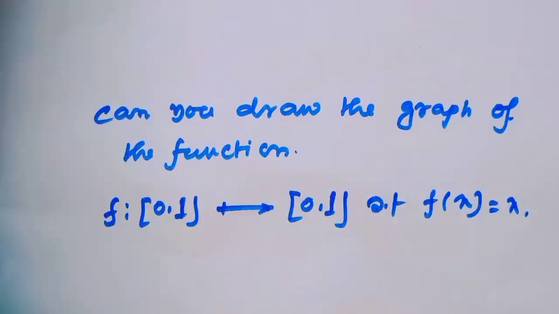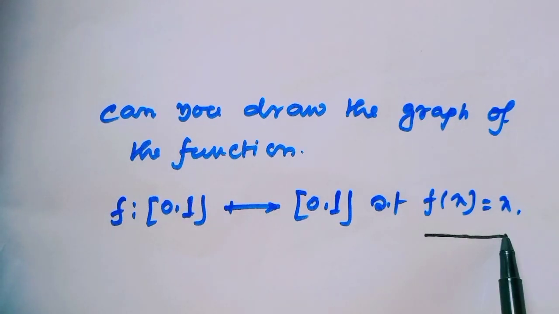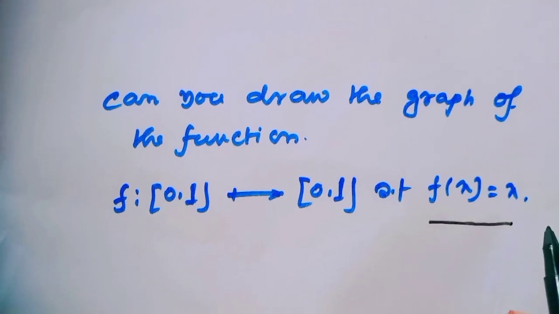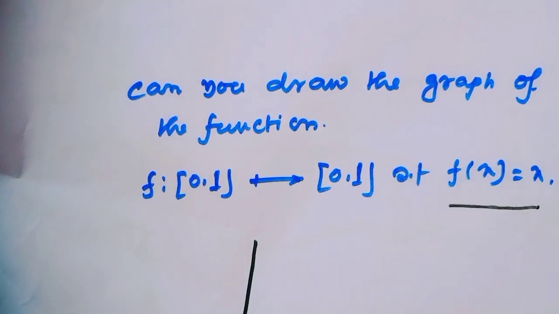Well, now let's come back to our original question, the fixed point theorem. My question to the viewers: can you draw the graph of a function f from the closed interval [0,1] to [0,1] such that f of x is never equal to x? Just think, there exist several functions whose graph does not cross the y equal to x line. Just see the picture.